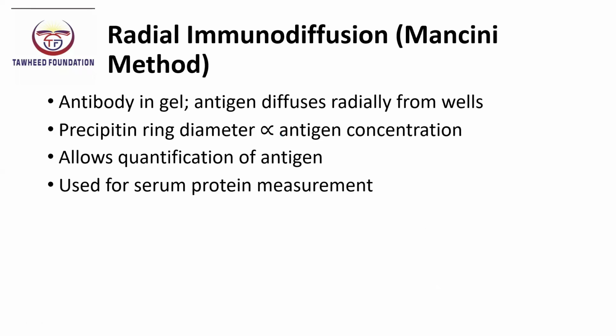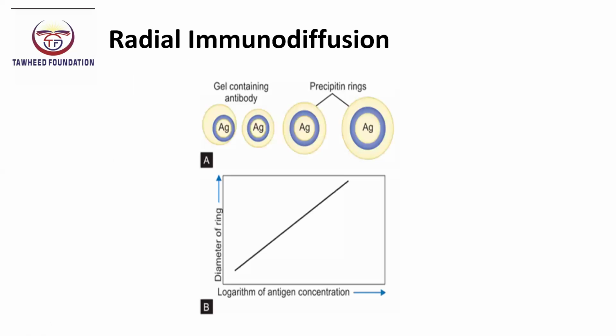Next is radial immunodiffusion through the Mancini method. So in this, with antibody in the gel, antigen diffuses radially from wells. The precipitin ring diameter is proportional to antigenic concentration, and it allows quantification of antigen, and it is useful for serum protein measurement. In this diagram, here